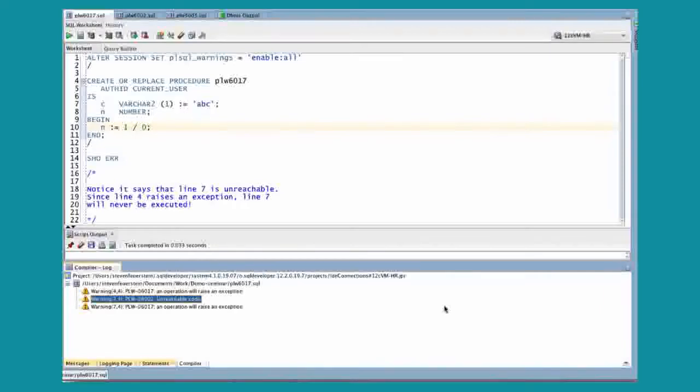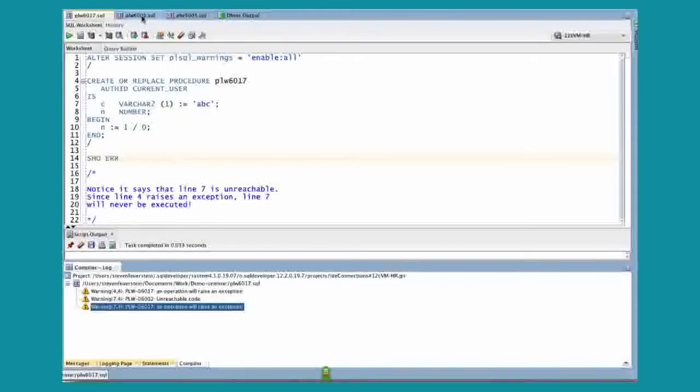In some cases, it's a little bit more interesting or subtle. So for example, the second warning listed in this strip here, unreachable code. So why do we see a message about unreachable code? Well, what it's noticed here is that if the exception is raised in this statement, you're never going to get here. So this line will never be executed. Oh, and by the way, it's also going to raise an exception. So that's a hint that Oracle also does unreachability analysis.